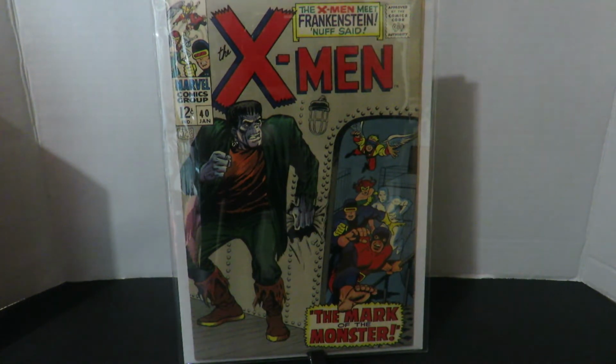And with this, I finished my haul, guys. Hopefully you enjoy the books. Hopefully you like the Silver Age books that I show you guys here. A few modern, but most of it are Silver Age. I buy current books, but my heart belongs to the Silver Age. It's really good. Early Bronze Age, of course Golden Age, but Golden Age is a little bit out of my reach right now, but whatever I can have my hands on, I'll get them. And yeah, hopefully you enjoy it. Hopefully like me, you see something in my haul